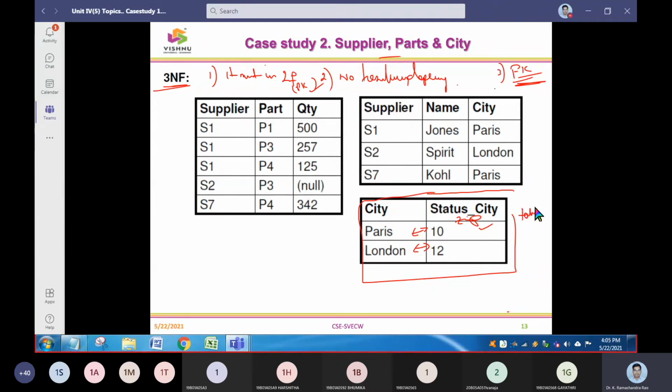This is table number 3. What is table 2 here? In table 2, you can see that supplier is there, his name is there, and his place is there. That's all. There is no more information, right? So supplier will have an ID, a name, and the place where he belongs. Now, what is the master table here? That is table 1. In table 1, you gave the supplier, the ID of a part, and how many parts that person has procured. So we call it quantity.